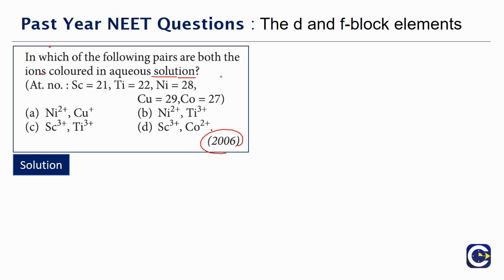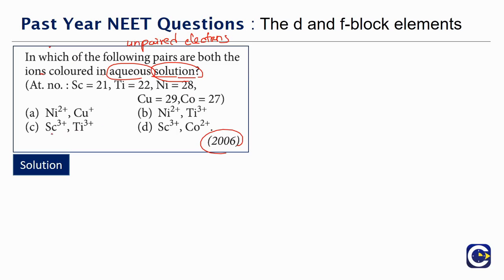In fact, in one of the previous parts also we have seen this kind of question. So what will be the reason for the color in aqueous solution? It is the existence of the unpaired electrons. So when the particular ion is having unpaired electrons, that is going to give rise to internal transitions, D to D transition, etc., and that will be attributing for the color. So we have to choose which of the following pair. It is not just one ion, we have to choose the pair.